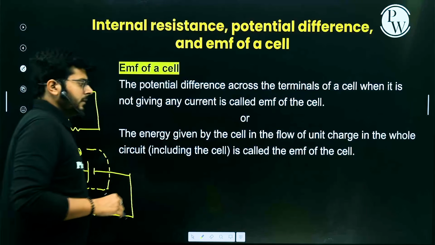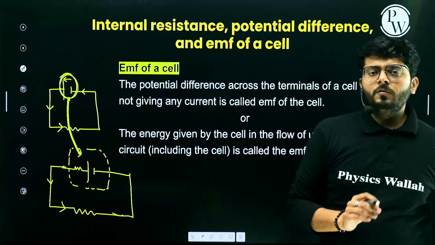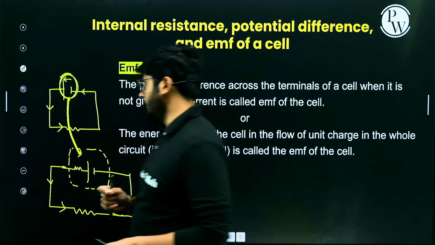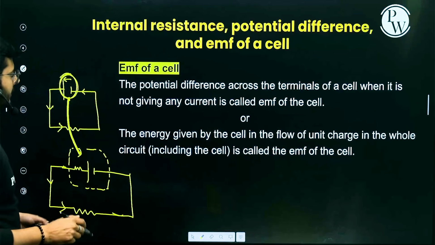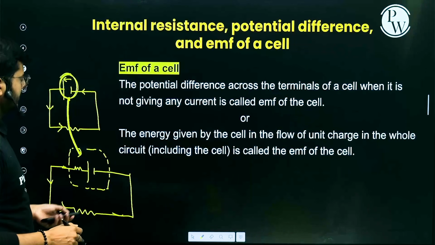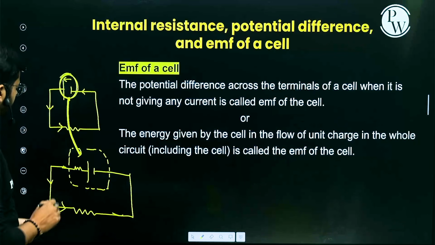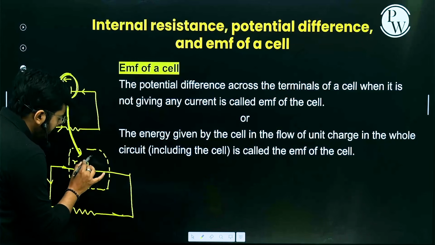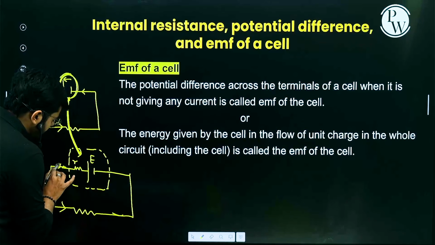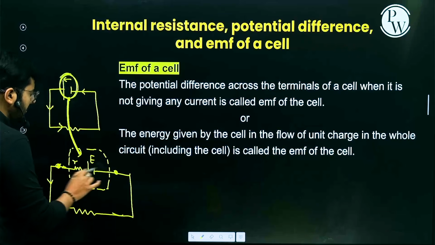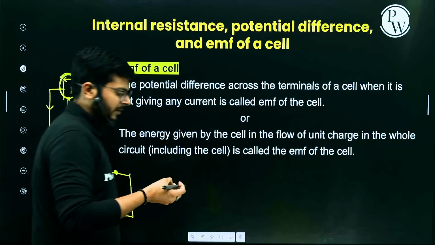Right, so if you have any question or confusion, you can definitely ask me, right? This is what is going on in this particular situation, right? The energy given by the cell, or in this situation, the EMF of the cell. So let's move on and talk about the next idea. This is the internal resistance, small r. EMF of the battery is E. The potential that you will get at the terminals of the battery is called the terminal voltage,